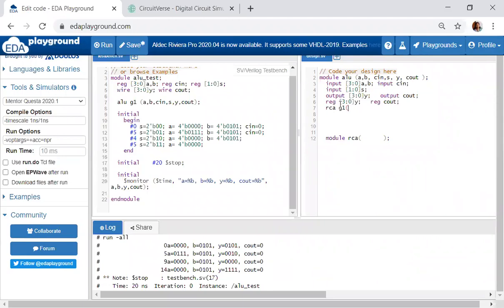What are the outputs for the ripple carry adder? C out, and the next output will be sum. And what are the inputs? A, comma, B, comma, C. You will get the ripple carry adder operation.